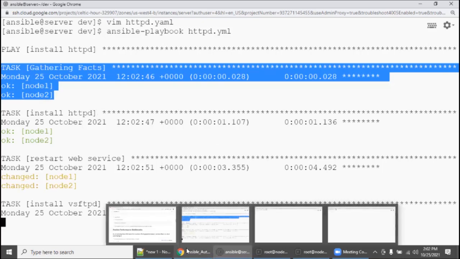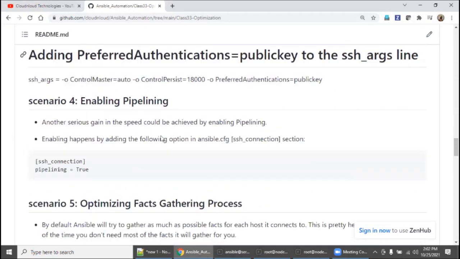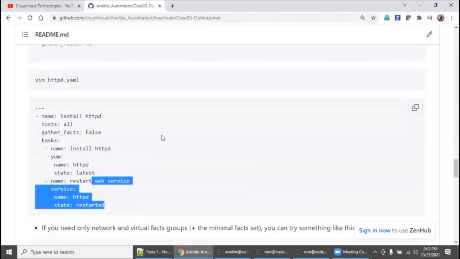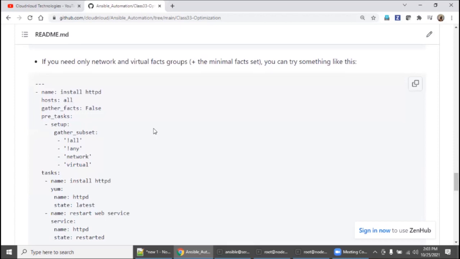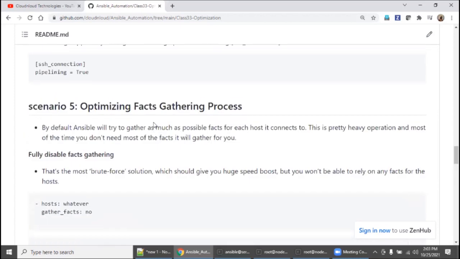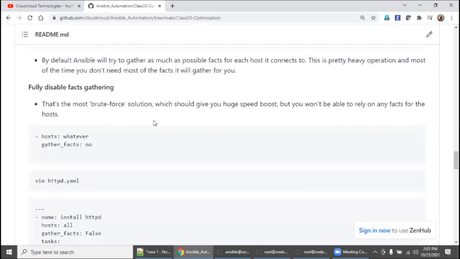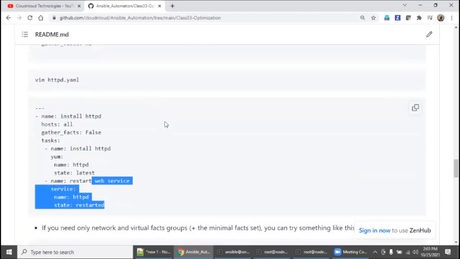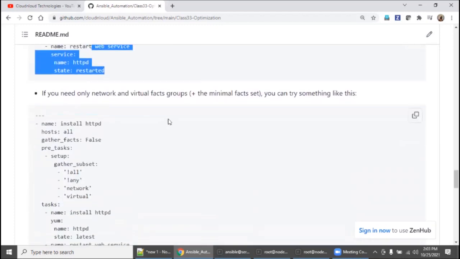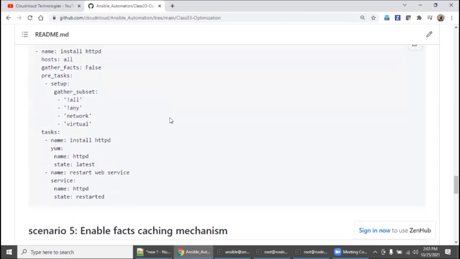So let's go and check the other parameter. Gathering facts is one of the huge time-consuming steps. If your playbook is not having any relation to the facts, then I would suggest not to go for facts. You simply disable it.